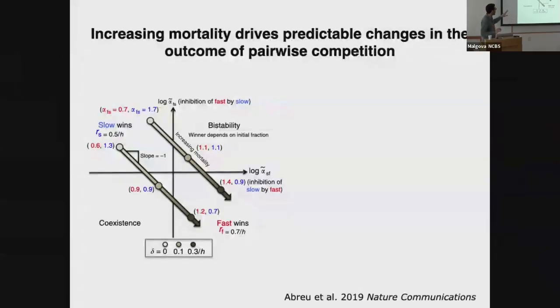But basically, what they found now is that here, where we have our phase space of the log of the interaction terms, now renormalized for this kind of death rate, what they found is that as they increase the death rate, this will go straight with an angle of minus 45 degrees in this direction. So by adding a death rate, you could cross for a given pair of species from a situation in which